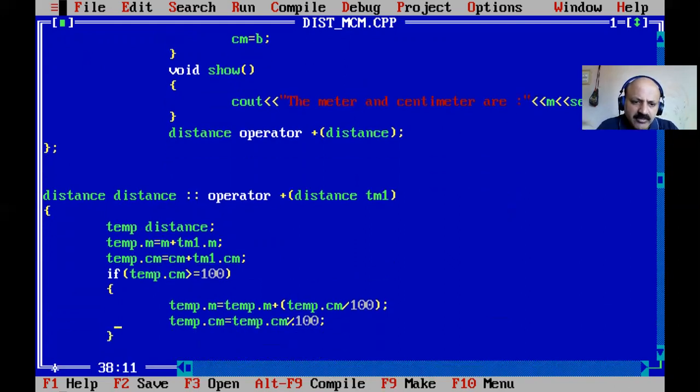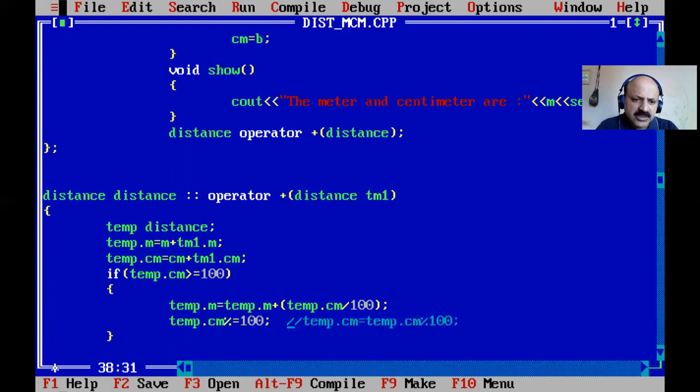And here is one short technique: modulo-equal-to, so we cannot write the same variable two times. The full form is the same, I write in a comment line: tm.centimeter equals tm.centimeter modulo 100, that is the full form.